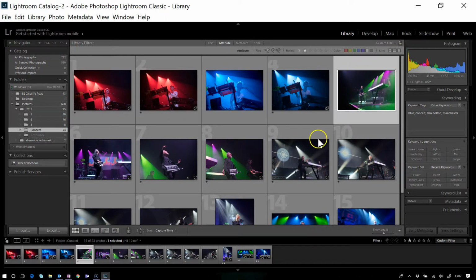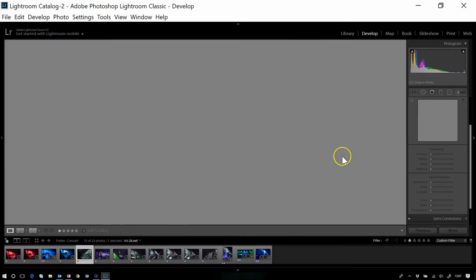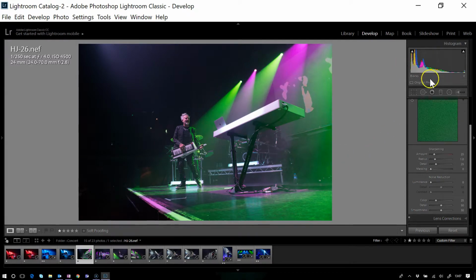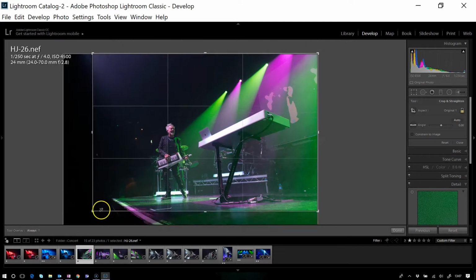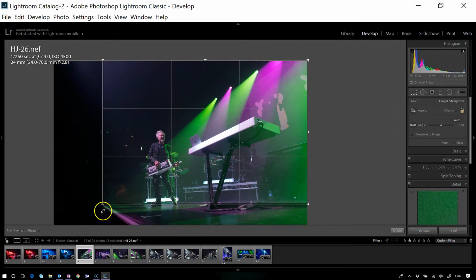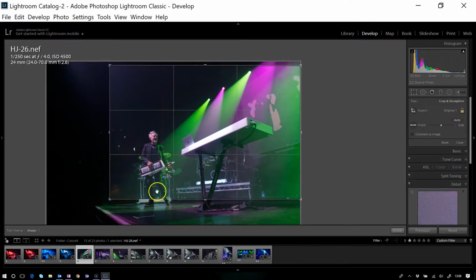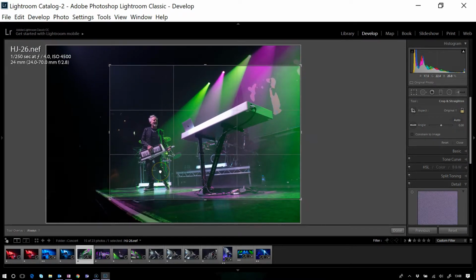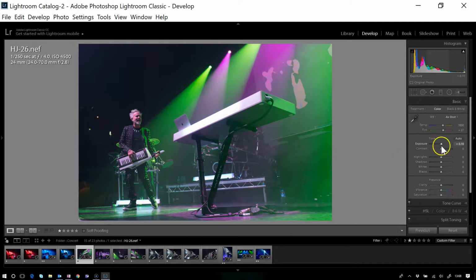Let's do that one. So this is a 1 star image already. We can see there. Let's go back into the develop module and let's have a really quick edit. So first of all, I'm going to crop this one. We'll do a video on how to use the develop module in Lightroom another time. Probably not. We haven't got time for it in this. But I'm here in the develop module, and let's just